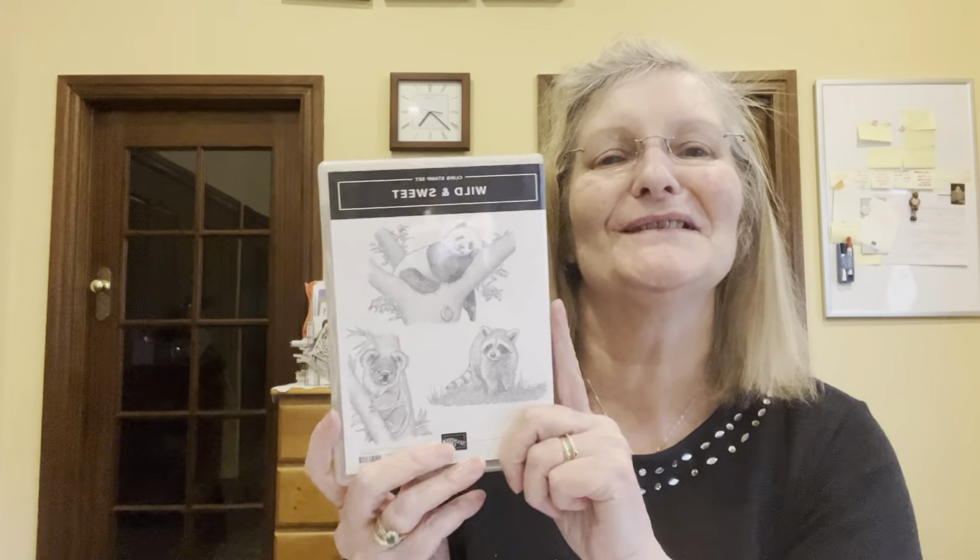So the Wild and Sweet stamp set is another amazing stamp set, and I'm still working towards doing this theme for my kindergarten or daycare center. So they want all animals, so I'm sharing all the animals. But this is really great, and today I want to share also what a colour lifter is all about, because this is part of our blends section,